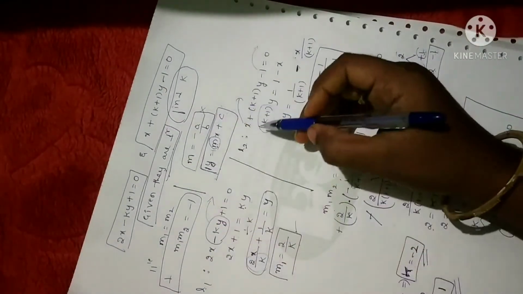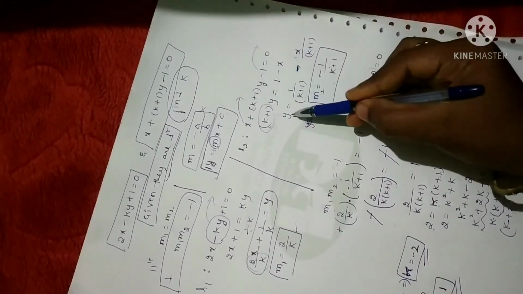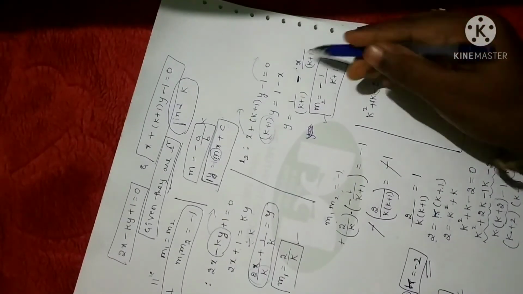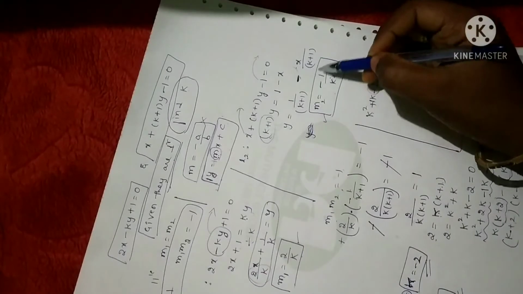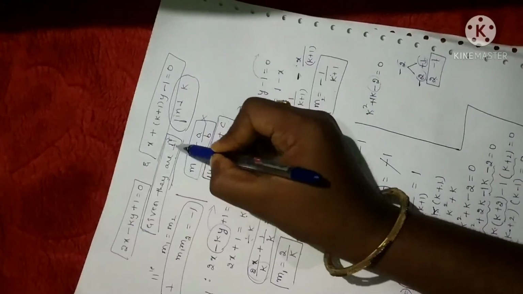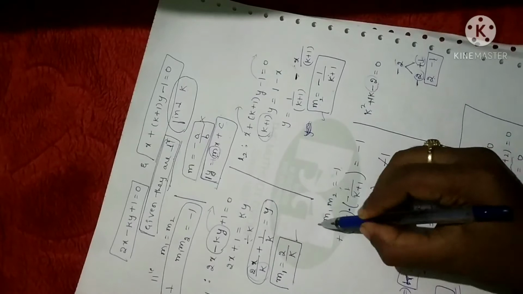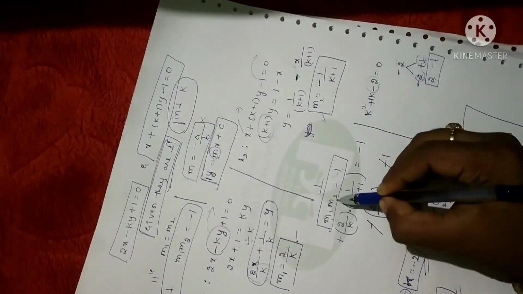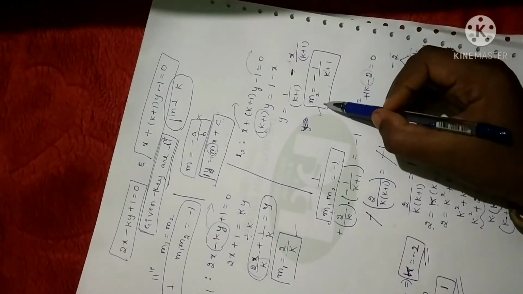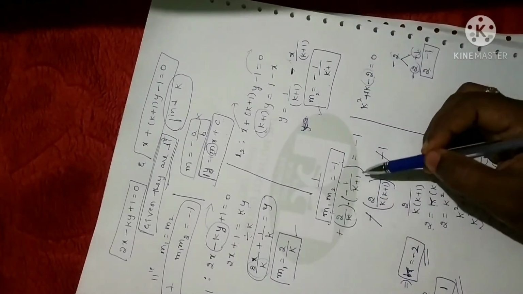Similarly, do the same for line L2. Convert it into standard form just by keeping the term y on one side and shifting the remaining terms to the other side. Then the coefficient of x will become the slope. Now, go through the problem. In the problem, it is clearly mentioned that the given lines are perpendicular. Condition for perpendicular lines is m1 into m2 is equal to minus 1. Now, I have already obtained the values of m1 and m2. What I did is, I have just substituted the values of m1 and m2.